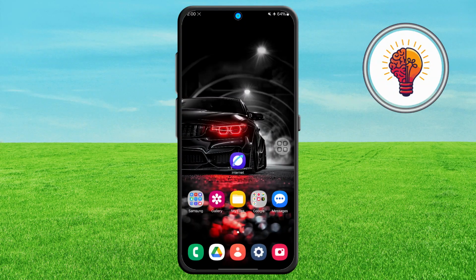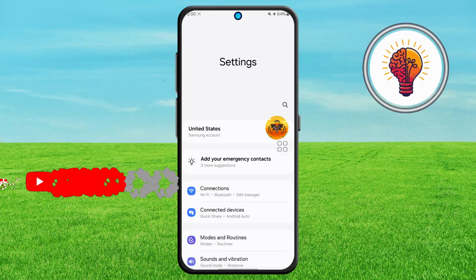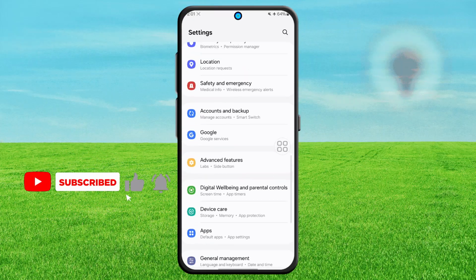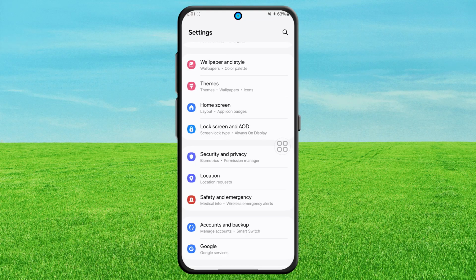Now let's dive in. Step 1. First, unlock your phone and open the Settings application. This is where you can find various customization options for your device, including display settings, privacy, security, and of course,